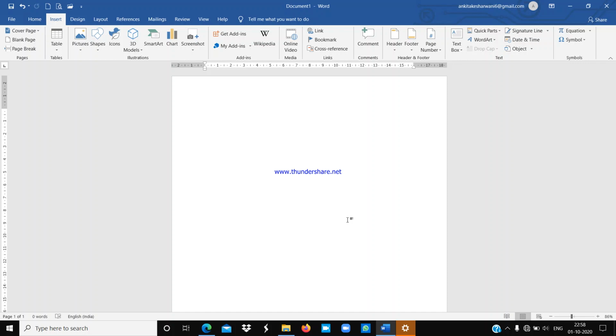So if you want to make a document in which you have to mention an email ID and your mobile number, what you have to do is simply type your email ID like this. Like I am typing my email ID here, gmail.com. Okay, and now I am going to type my mobile number here.